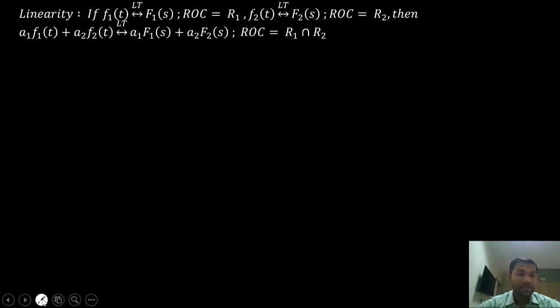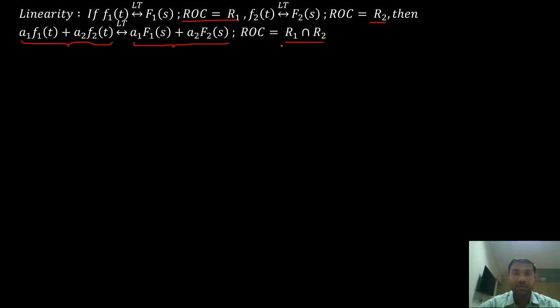Linearity property states that if f1 of t has a Laplace transform f1 of s and the ROC for f1 of t is, let us say, r1, then f2 of t has a Laplace transform of f2 of s with a corresponding ROC of r2, then a linear combination of f1 and f2 will have a Laplace transform a1 into f1 of s plus a2 into f2 of s, and the corresponding ROC for the linear combination of f1 and f2 will be the intersection of individual ROCs, the common area between the two individual